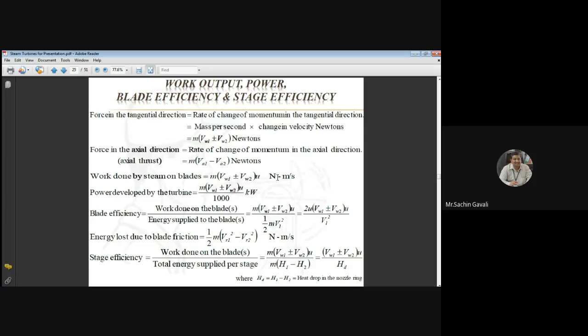So this newton meter per second is called as, anybody? Next stage, I think I have given that answer. Newton meter per second is called as,